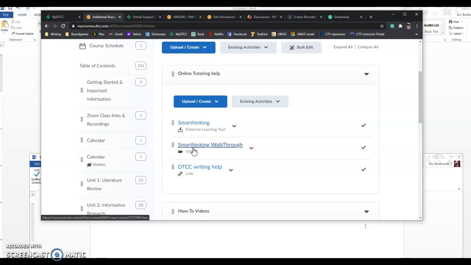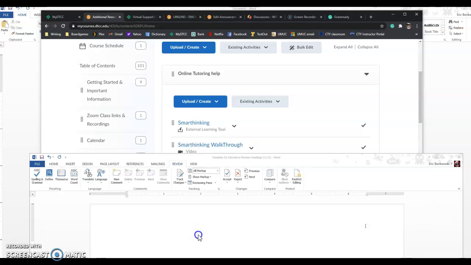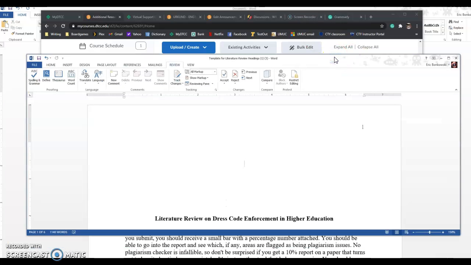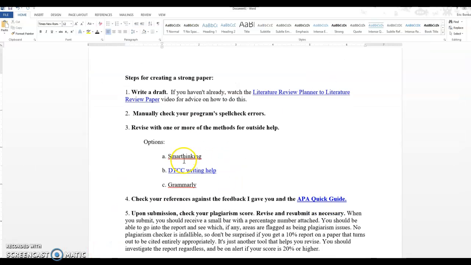So I recommend everybody does that. Send your paper through Smart Thinking. Aim for getting your draft there between tomorrow and Saturday. Send a copy out because you're going to get individual, thorough review from that Smart Thinking from a person who is going to be able to do a little bit more intuitive digging in than a machine program like Microsoft Word spell check. Okay. So the next step,